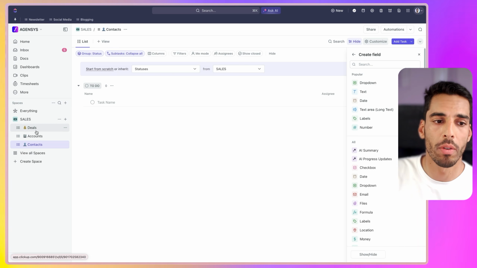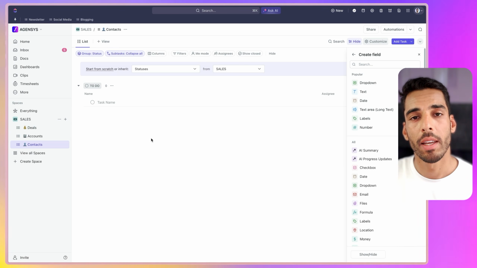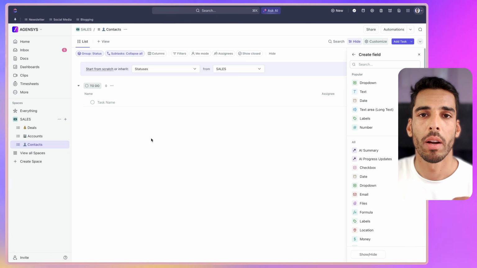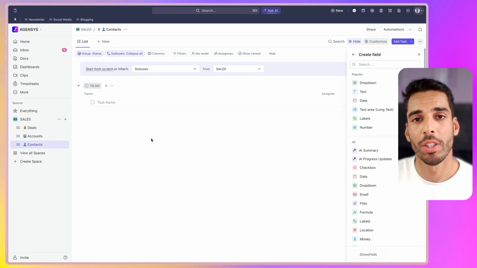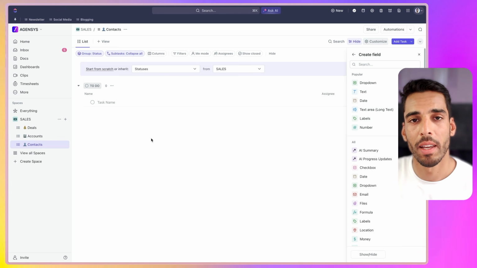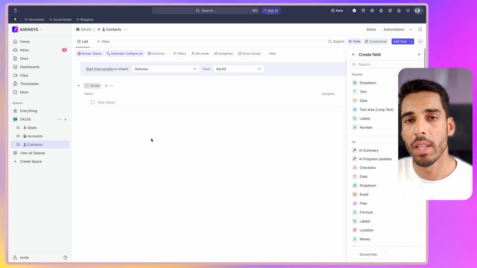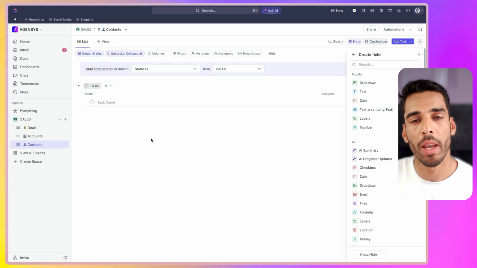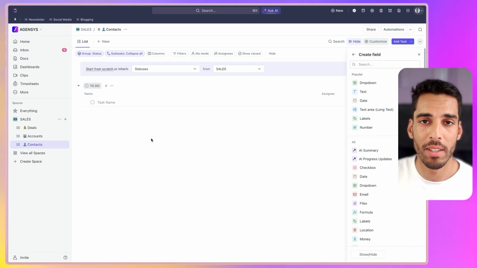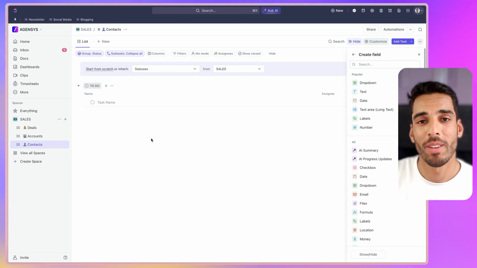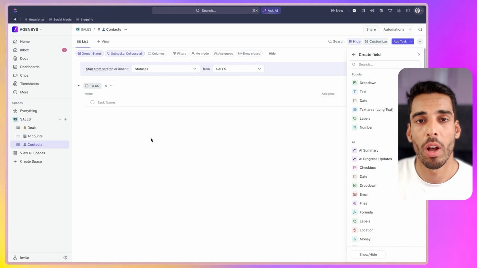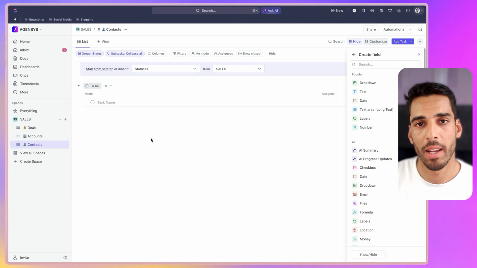They will all operate in your deals list. Now this contact list is only useful if you are tracking some lead acquisition, some prospects that are not necessarily tied to deals in ClickUp, because you will see for my automations, I will store my contact information in the deals and not in this list. Otherwise, you can consider ClickUp as a CRM for your hot leads and only use the deals and accounts.